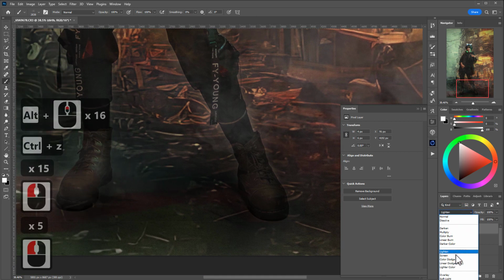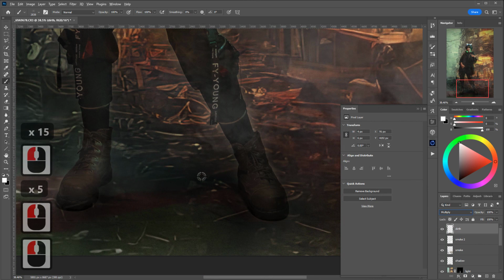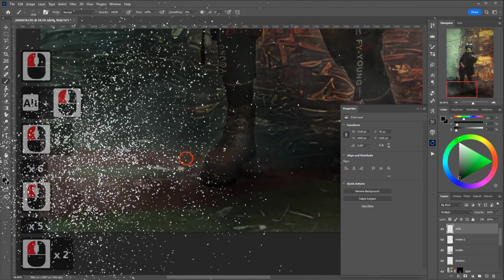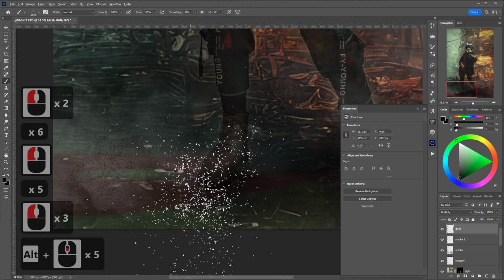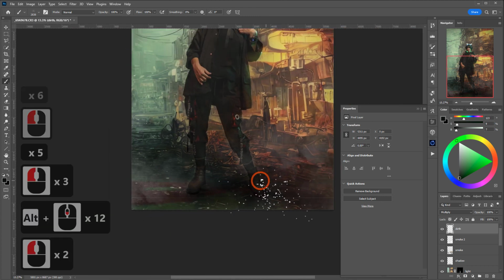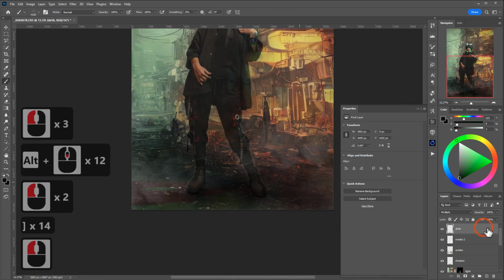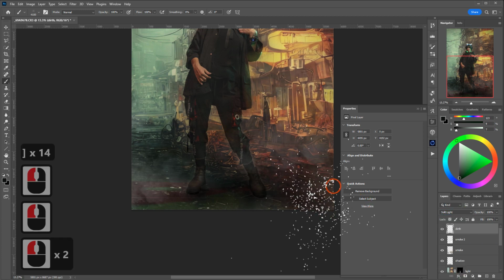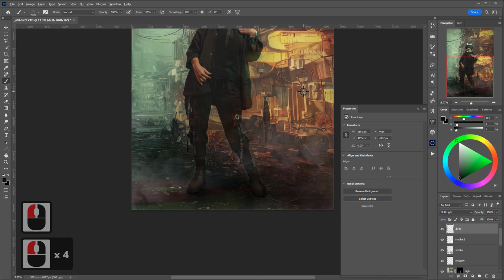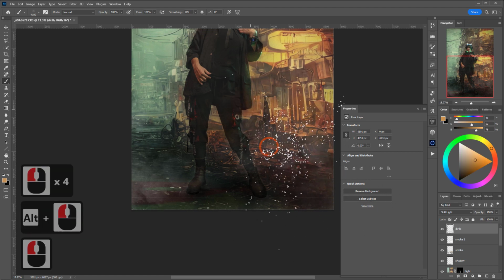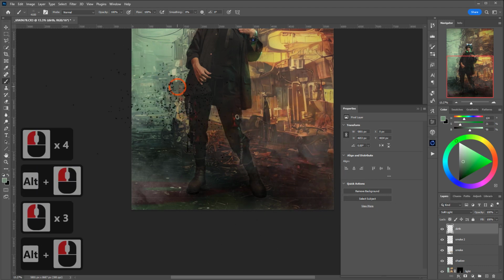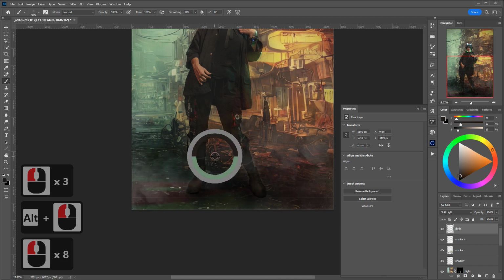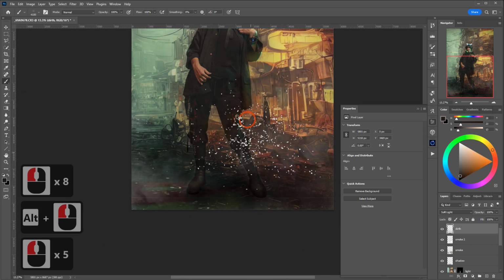I'm going to switch this to multiply mode, and we'll just select darker and add kind of like dirt around. It actually works very well. You can always go from multiply if you want. You can use overlay or soft light. Those will work as well. Soft light is nice because you can take just different colors and add these different colors, gray, and that's what kind of applies very good. Okay,